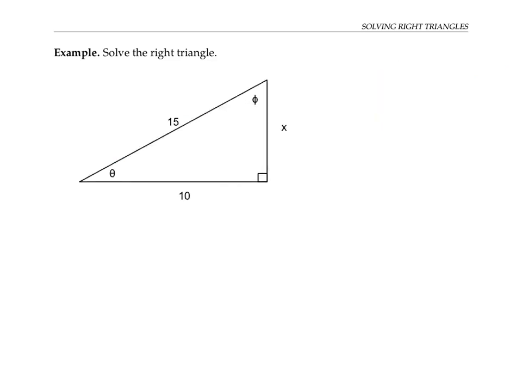In this next example, we don't know any of the angles except for the right angle, but we know two of the side lengths. To find the unknown angle theta, we can use the fact that cosine theta is adjacent over hypotenuse, so that's 10 over 15. Cosine is a good trig function to use here because this equation relates our unknown angle to our two known sides, so we just have one unknown in our equation to solve for. To solve for theta, we just take the cosine inverse of 10/15, which is 0.411 radians, or